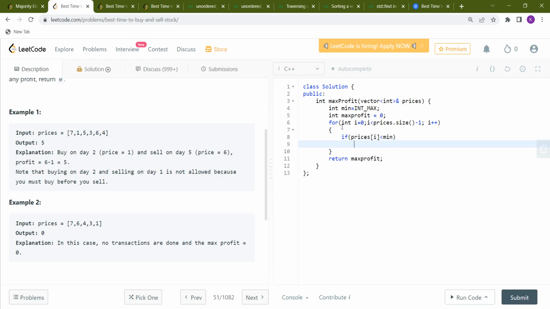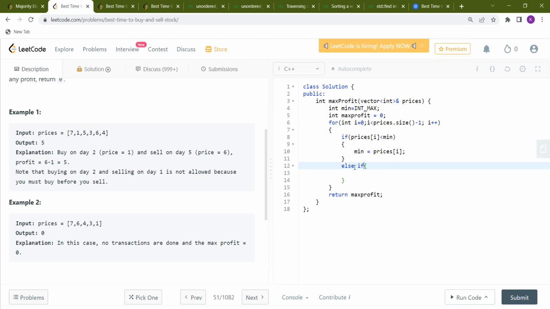If that's the case, then we will initialize the minimum variable with that value itself. Okay. If it's not the case, then